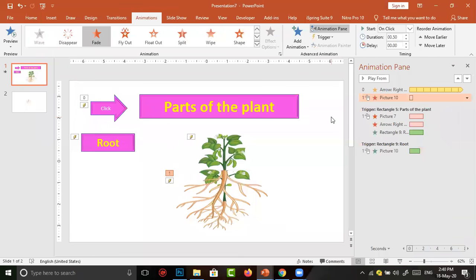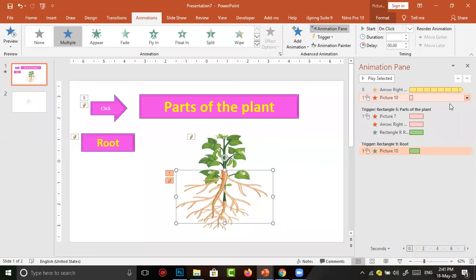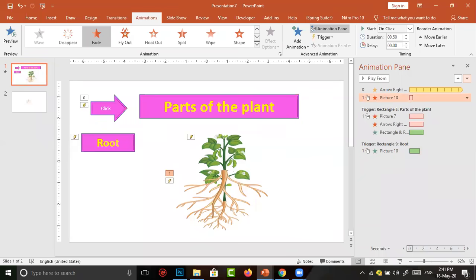Here observe clearly, the last animation we have given is disappearing. This disappearing is at the top. But it should come after the appearance of our root image. So I click on this animation. By using the down arrow, I bring this to the bottom of our right animation pane.